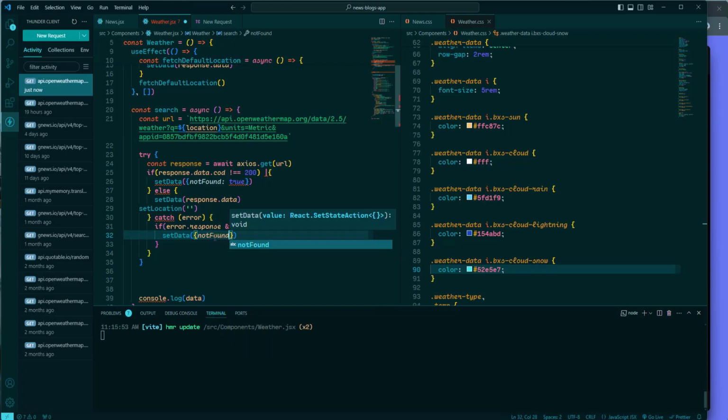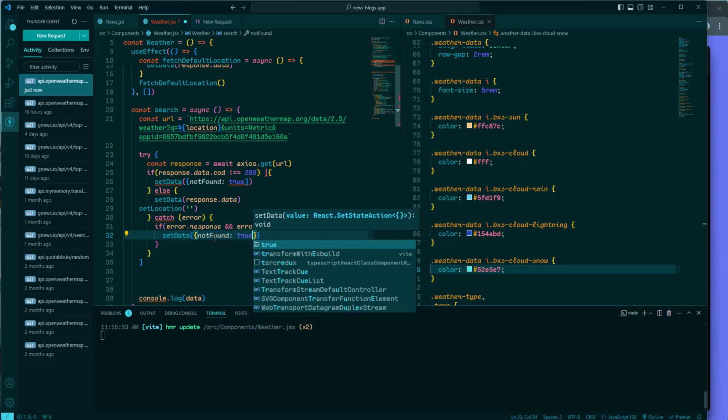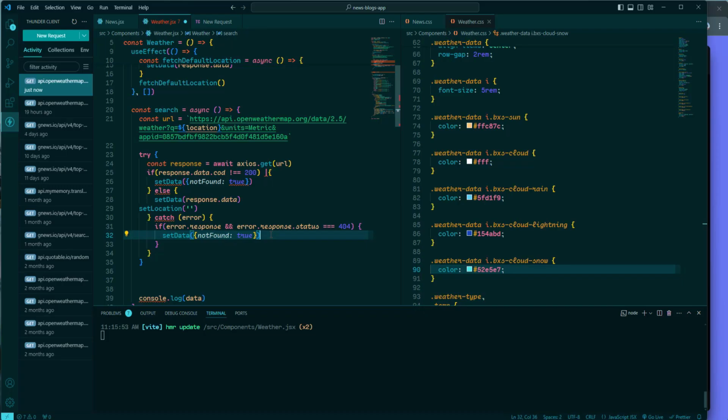So here we check if the error has a response and if the status code of the response is 404. A 404 status code means the requested resource was not found. In this case, we update our data state with not found property to indicate that the location was not found. Next, we need else statement,